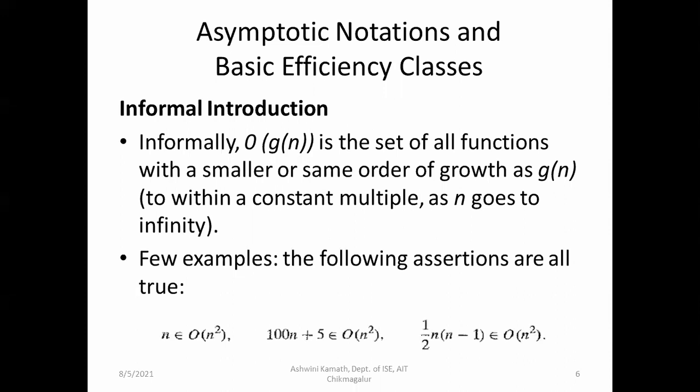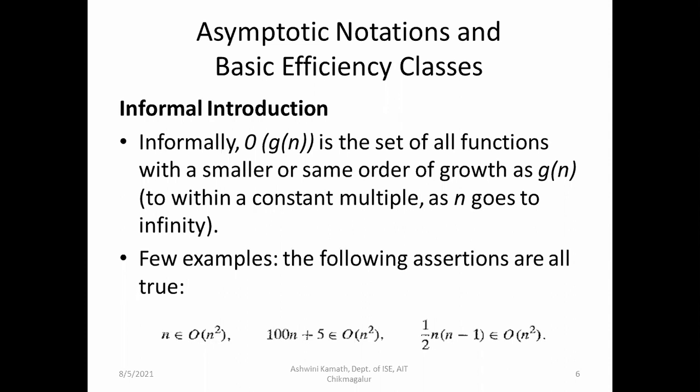So n belongs to big O of n square. You can notice here, when we have n and n square, obviously n is less than n square, right? Again, 100n plus 5 also belongs to big O of n square. Here, the function on the left side is n, and n is less than n square. We need to add some constant on the right side to make it bigger than this. But we can directly write it belongs to big O of n square, with some constant values which we are going to add. You will come to know that in the next class.